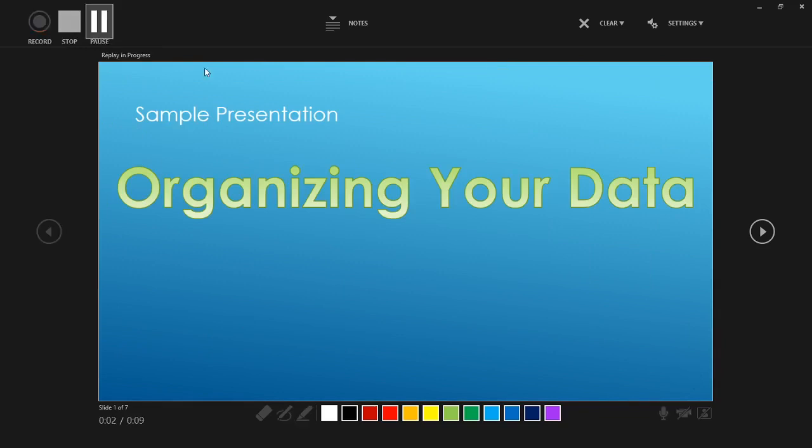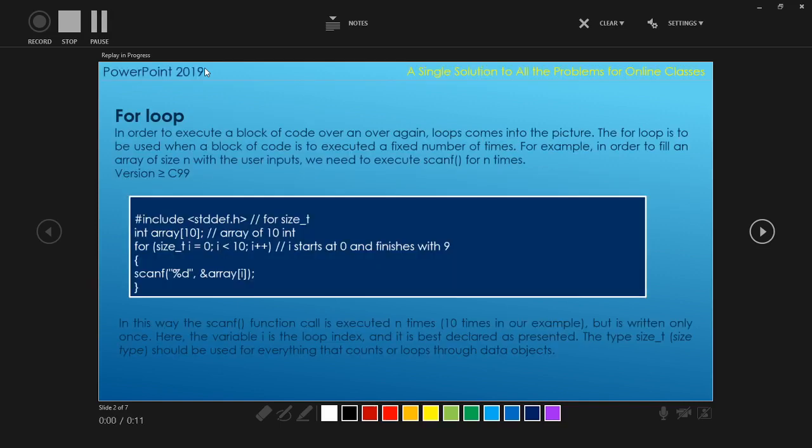Timer. This is the recording for the first screen. We are talking about organizing your data. I am re-recording the audio for the slide just to show that I can change the content of single slide